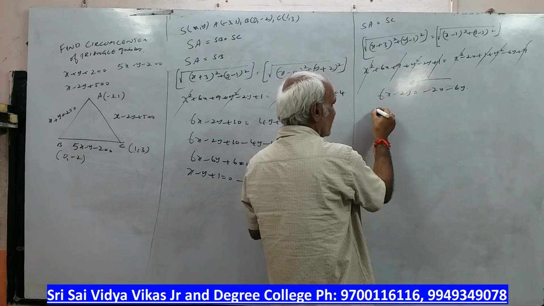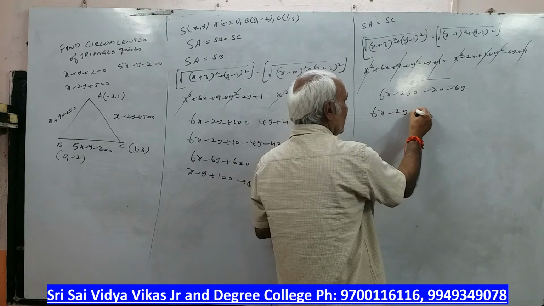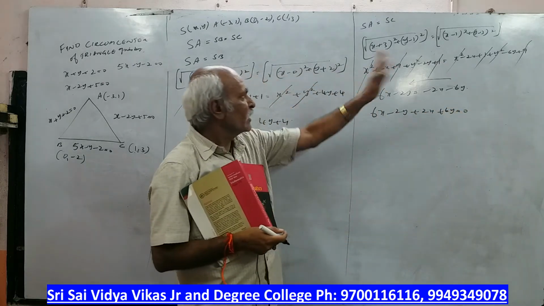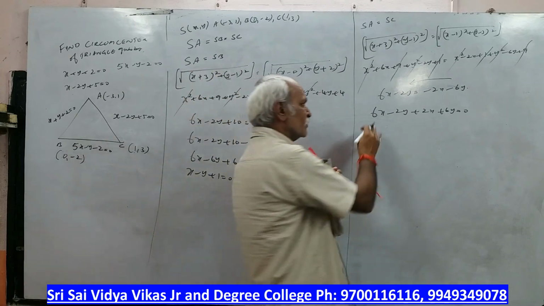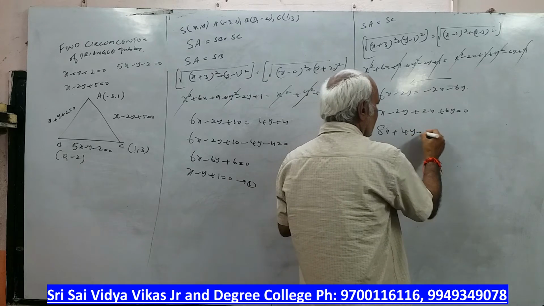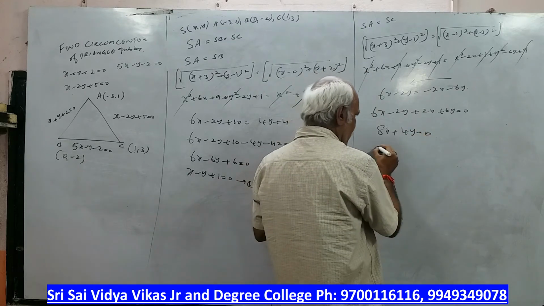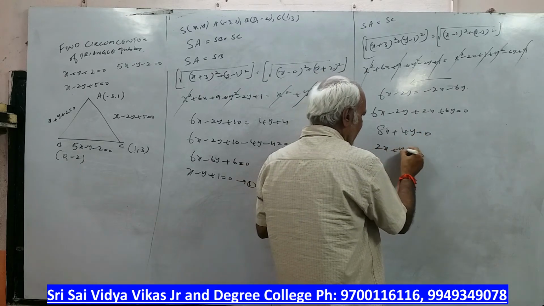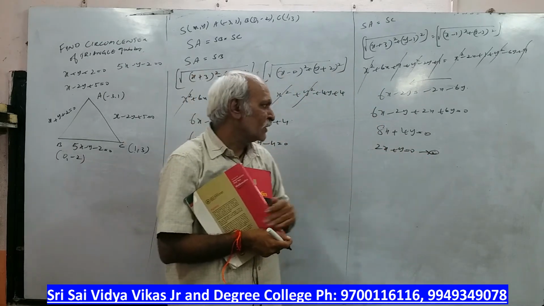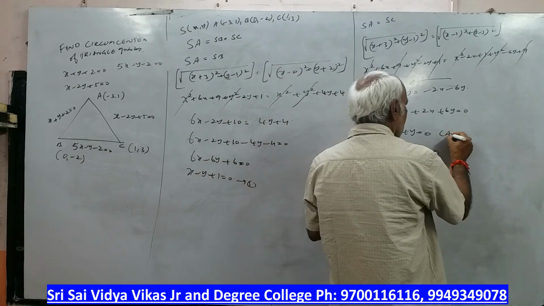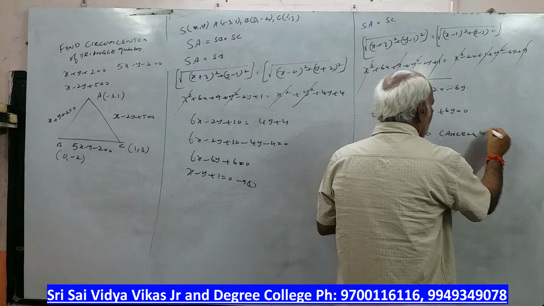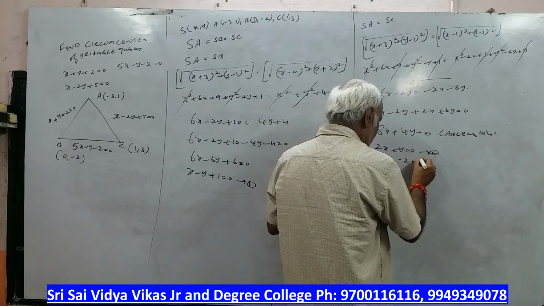Bring the term this side. 6x minus 2y plus 2x plus 6y is equal to 0. Observe here. 1 9 is getting cancelled, 1 9 is getting cancelled. So 6x plus 2x, 8x plus 4y is equal to 0. So cancel with the 4 table. 2x plus y is equal to 0. Observe here. Again in this we got like this. 2x plus y is equal to 0. Cancel by 4. So this becomes y is equal to minus 2x.